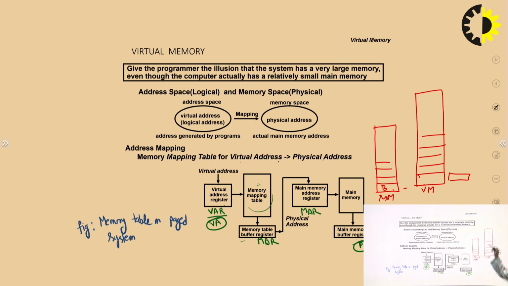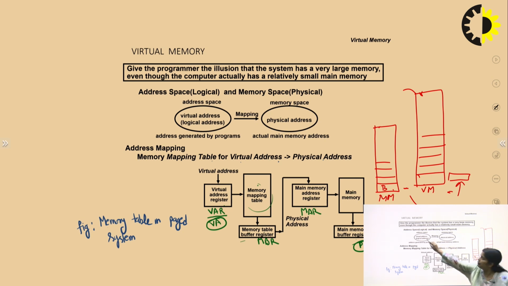Fine. But as compared to the main memory, virtual memory is larger in size, so whenever you are transferring some data or information here, a mapping value is required. So this particular term is called address mapping, because we are mapping the physical addresses of the main memory to the virtual memory's virtual addresses. So this concept is called address mapping.